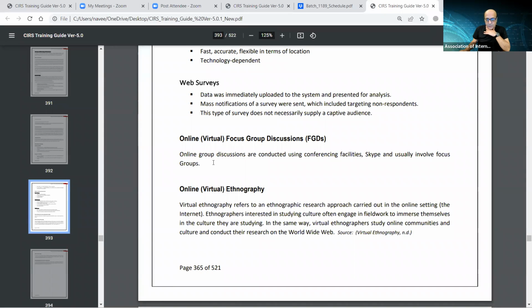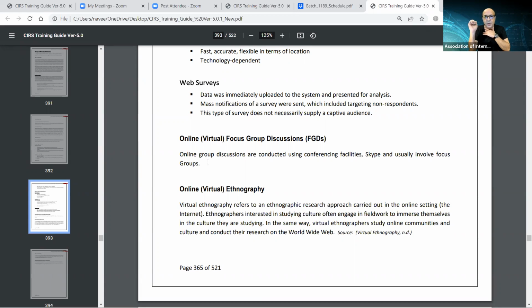So I just want to at least touch upon those topics which I think would be part of the exam, or at least it'll be a short question. Virtual focus group, what is the difference? Virtual focus group is usually all in interview situation. There could be a mix of background of people with issues being discussed at different levels.